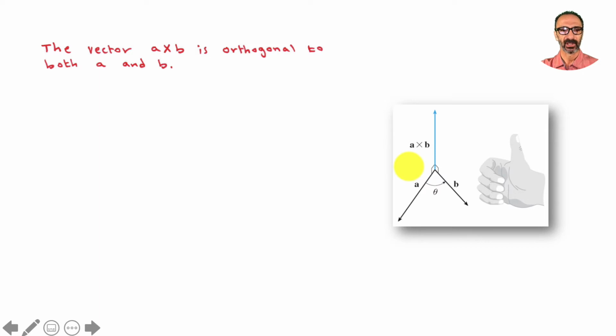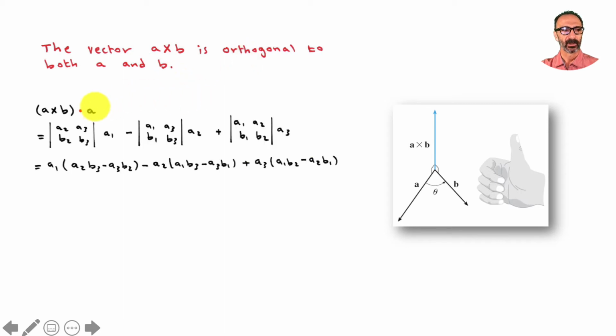It's a vector, and it's pointing out of the plane that contains the 2 original vectors A and B. So the vectors A and B are right here in this case. The vector A cross B, the cross product, is orthogonal to both A and B, which means that we have a 90 degree here between the blue and A, you see the 90 degree? Also, the cross product, the blue one, is perpendicular to B. Well, it is perpendicular to the plane that contains A and B,